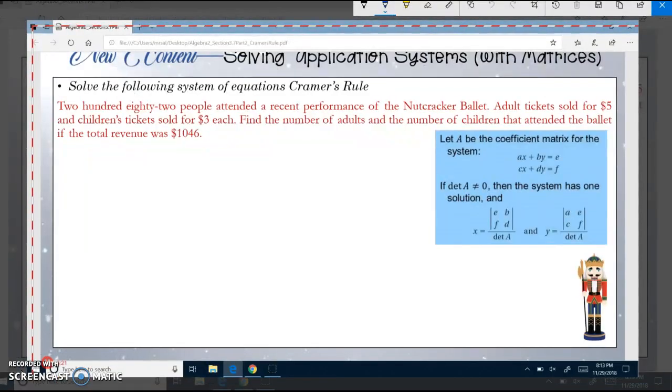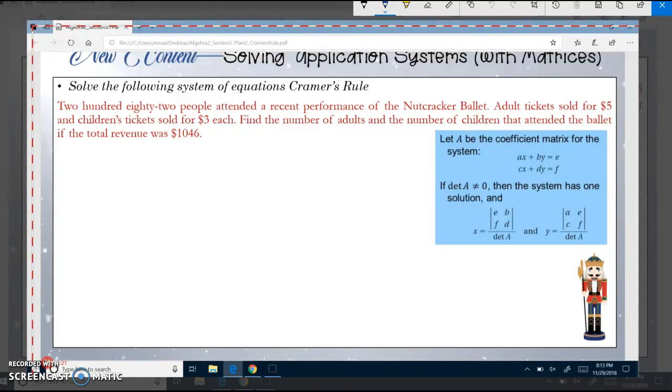Here it says 282 people attended a recent performance of the Nutcracker Ballet because it's Christmas time. Adult tickets sold for $5 and children's tickets sold for $3 each. Find the number of adults and the number of children that attended the ballet if the total revenue was